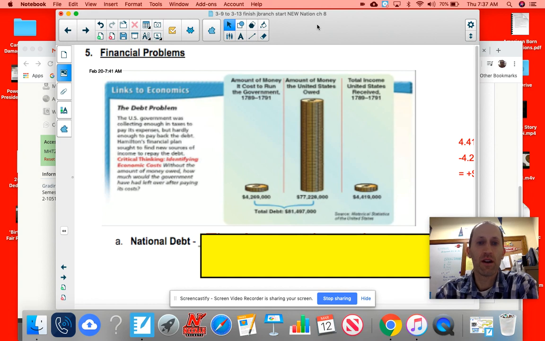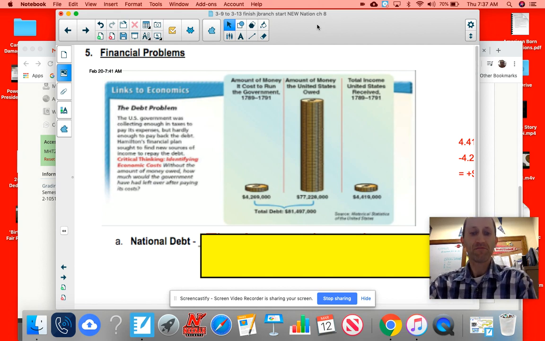Boys and girls, here we are continuing our 8.1 New Nation lecture. And here is what you need to fill in for your notes. So if you open your purple booklet up really quick, we'll talk about the financial problems that the U.S. was facing. So the situation is we have George Washington as president, we have John Adams as vice president, and we have a cabinet of people working with the president to solve our nation's problems.